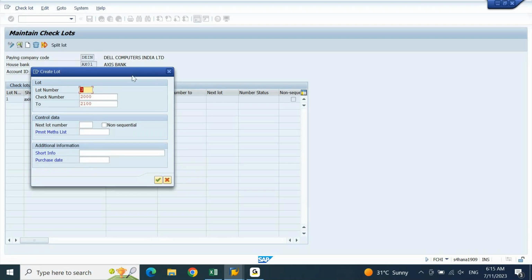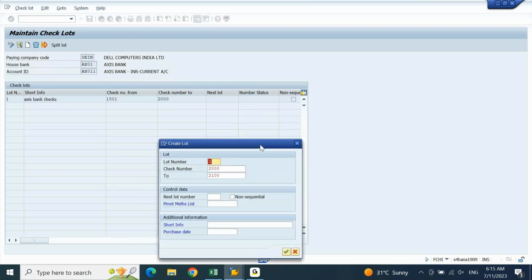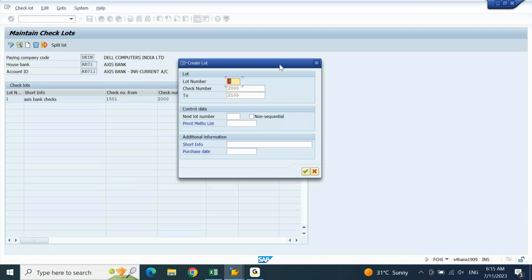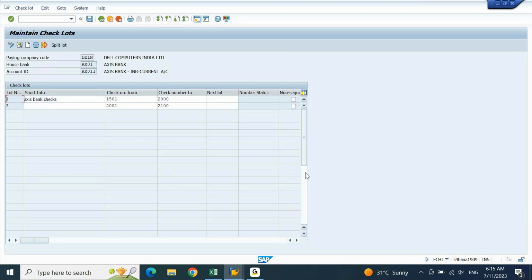What is the lot 1? 1501 till this one. Let me take 2001 to 2100. This is because when we take 6 digit, it was not accepting. But that should not be the case. Let me take